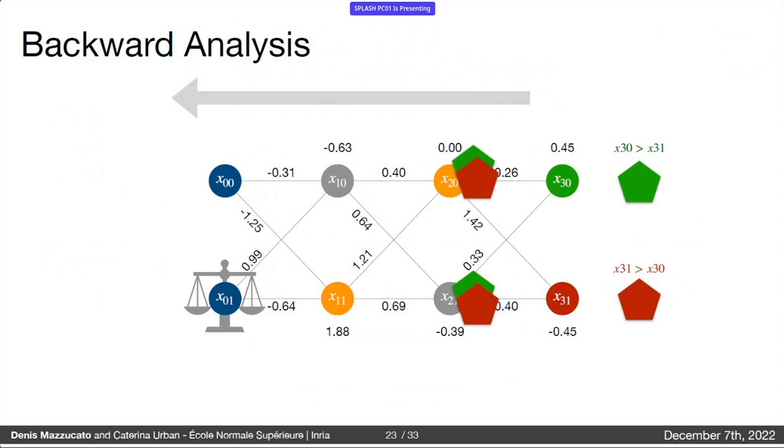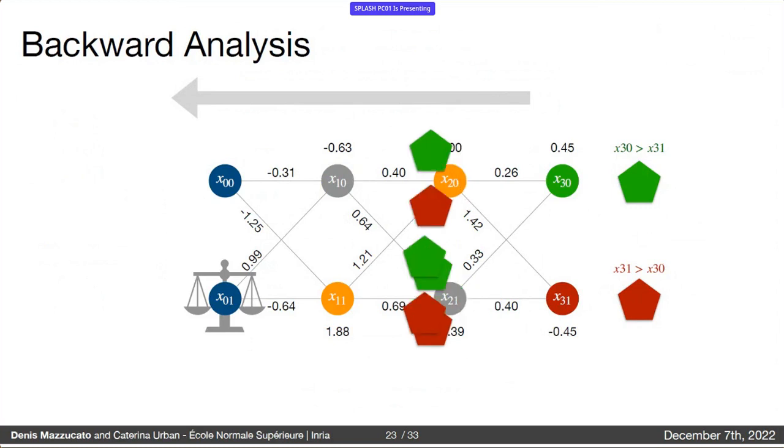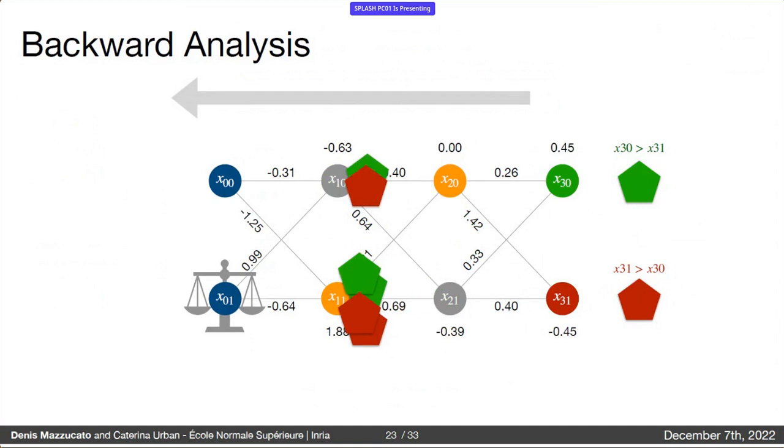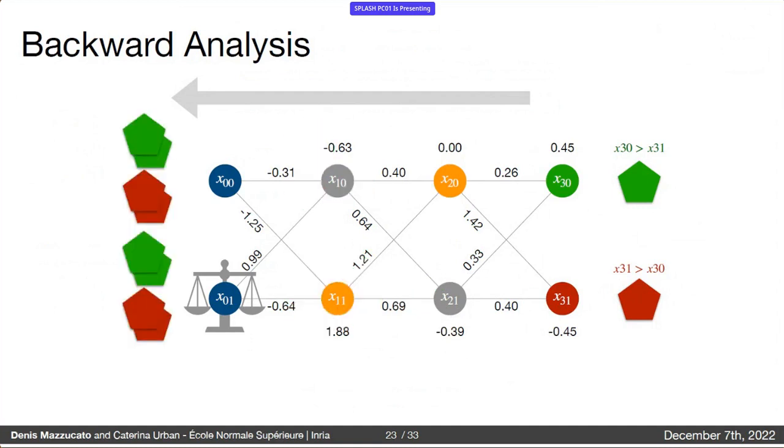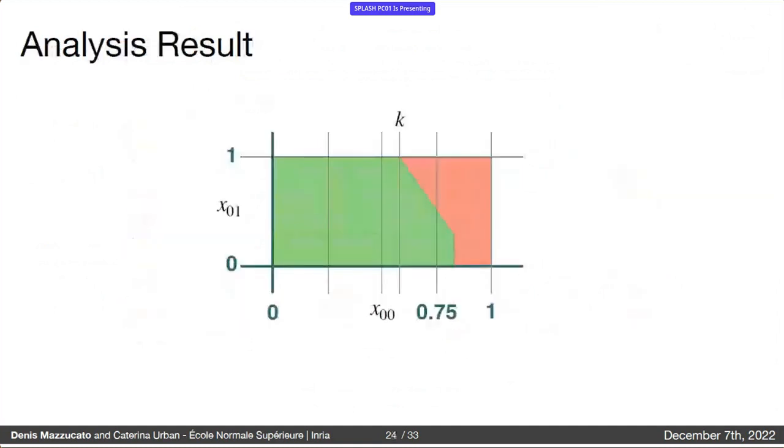Instead, x21 is nonlinear, it is the maximum between the pre-activation and 0. So we need to split, and we do so. Again, likewise for the first layer, and we reach the input. Here, this is the result of the backward analysis. So first, remember, we arrived from PF. PF was not the whole input space, but was just